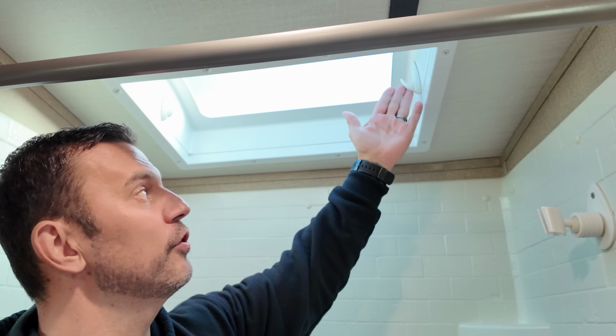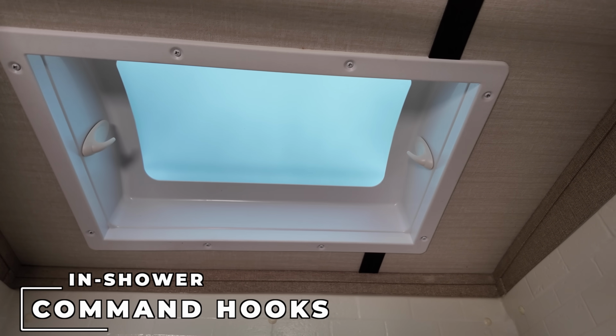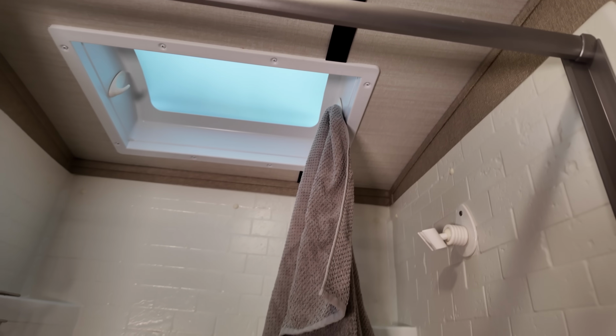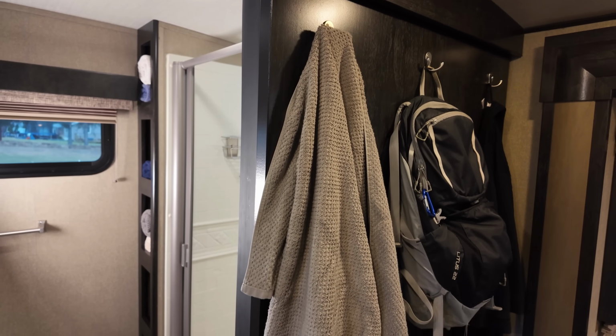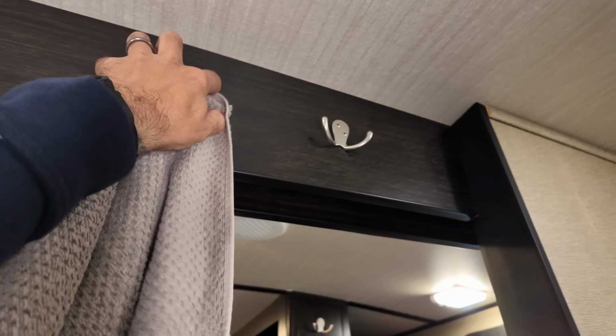I installed these command hooks in our shower, and listen guys, I know you're not here to see where I put hooks in my RV, but the reason I mention this is a great place to hang wet towels to dry in an RV. We don't have a lot of space in the RV to begin with. They seem to dry a little bit quicker because they're not sitting against the wall, and they're out of the way when you're not using the shower, and when someone is in the shower, we just hang the towels on